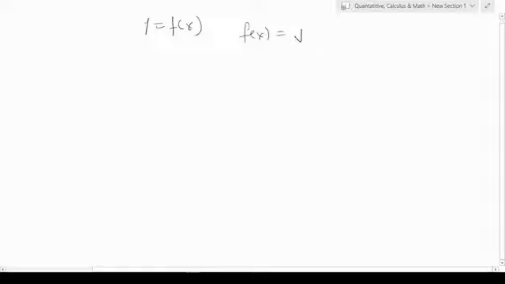So y is equal to f of x. Now in this example we are going to be putting f of x is equal to x cube minus 1. So this is the function which you are looking at. Now an x cube of a negative number is a negative. Now x squared of minus 1 is 1. However, x cube of minus 1 is minus 1.